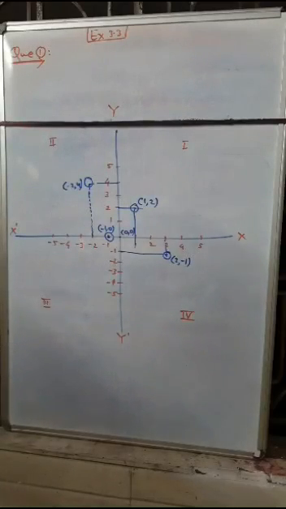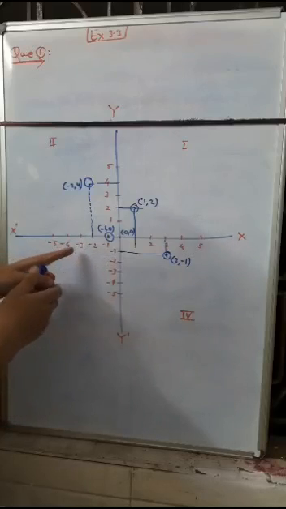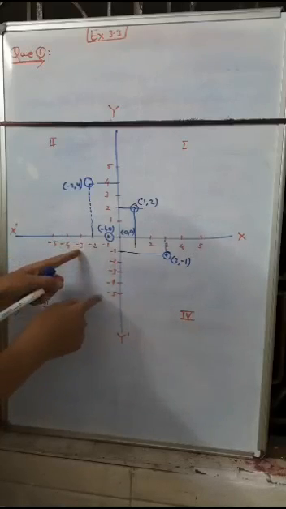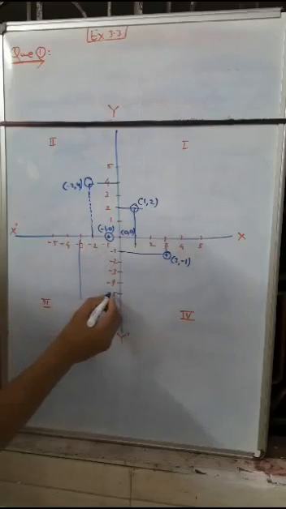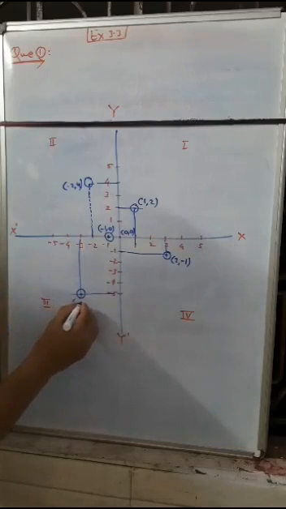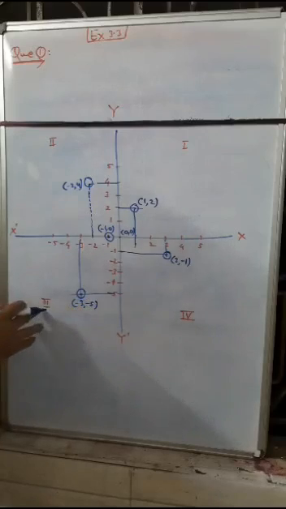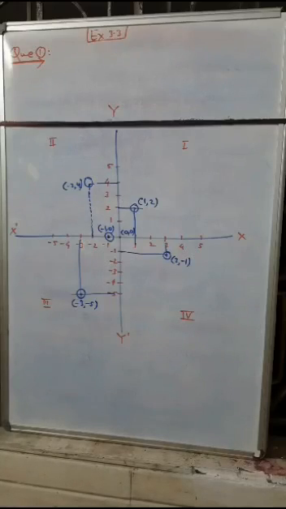And the last one, (-3, -5). We look at -3 on the negative direction of the x-axis, and -5 is situated here, and we get one more intersecting point. So this point is called (-3, -5), and it is situated in the third quadrant of the Cartesian plane. We have to verify and know where the point is located, which is more important. Such kinds of questions can be asked in the exam.